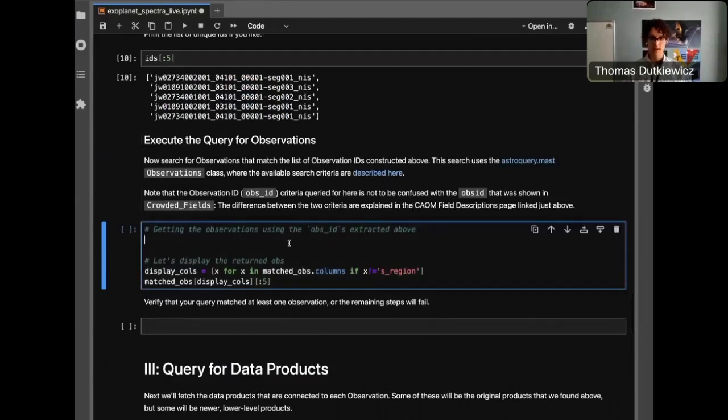Let's do exactly that. We're going to say that our matched obs are, and we're going to do observations dot query criteria. The fields that you can give query criteria are described up above in this link, so again, after the webinar, please feel free to check this out. The ones that we are going to set are instrument name equals nearest